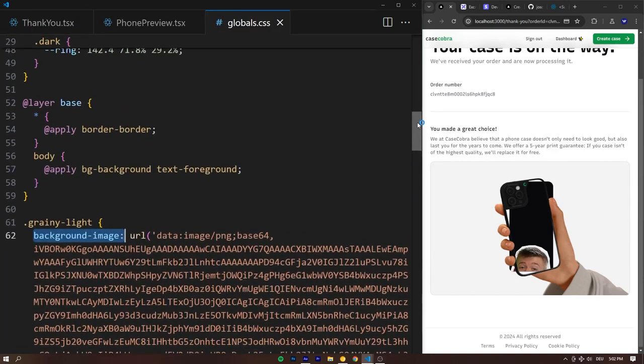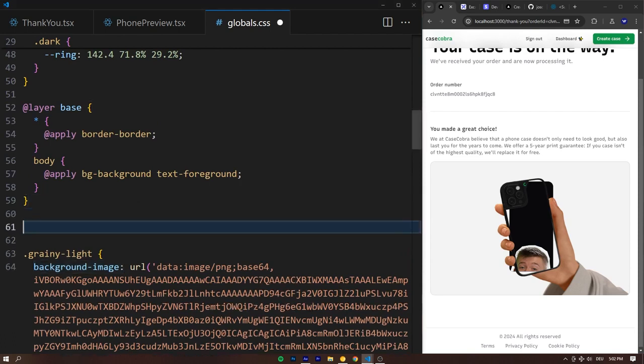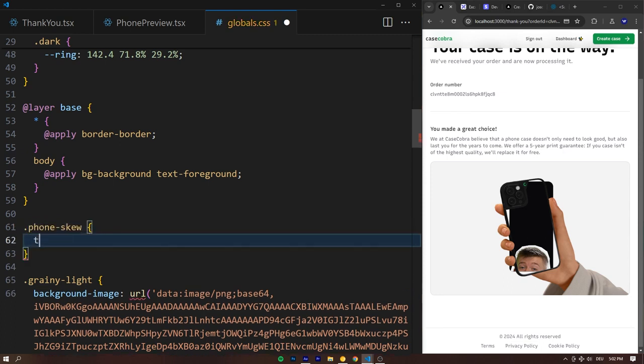ourselves in our globals.css. So basically the goal here is to match the skew and the perspective of the phone, how it is held in this image, right? And doing that in plain CSS is actually pretty simple. We're gonna define a custom class called phone-skew, exactly how we use it in our component, and simply apply a transform property on here, which is going to be perspective of 400px,